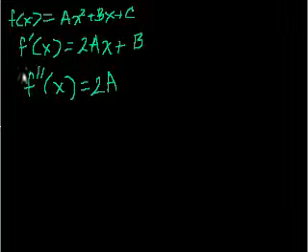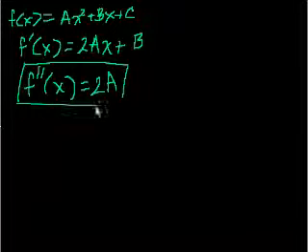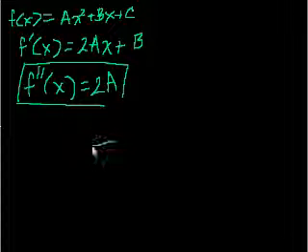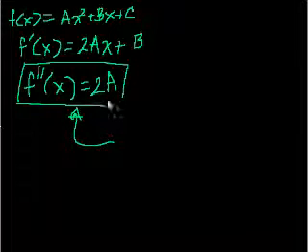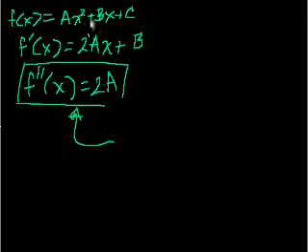Now, an inflection point is when the second derivative is equal to 0. Now, my question to you is, can this function ever equal 0? Well, the only way that this function would equal 0 is if for some reason a was 0, but if a was 0, then it wouldn't be a quadratic, because then this term wouldn't exist. It would be bx plus c, and it would be just a line. So if we're talking about a quadratic where this a coefficient is non-zero, which it has to be, because that's the coefficient of the x squared term, there's no way that this expression is 0. So there's no way that the second derivative can ever be 0, and thus